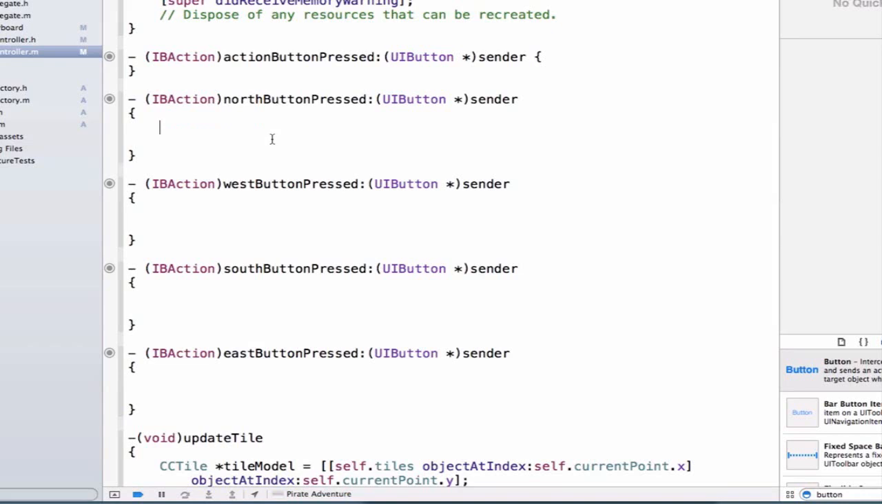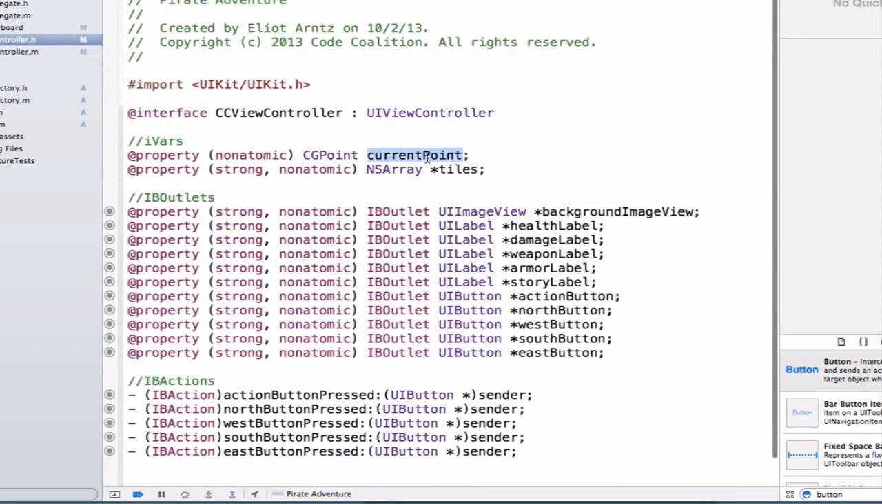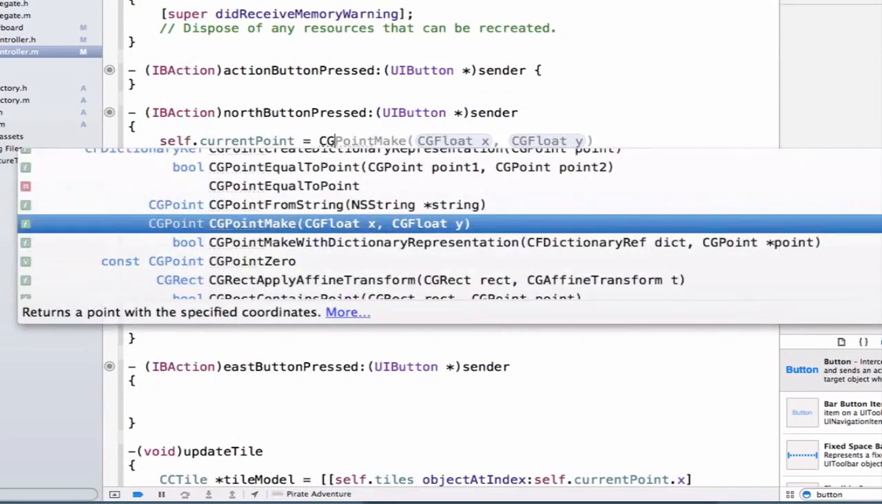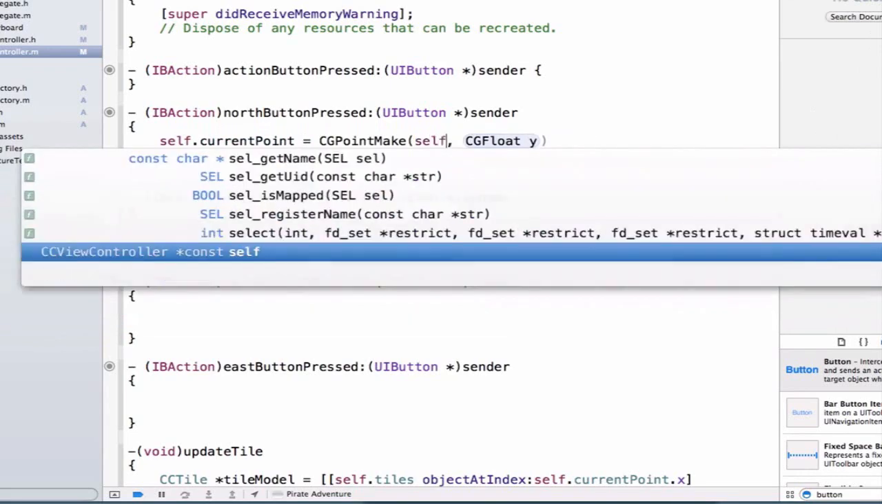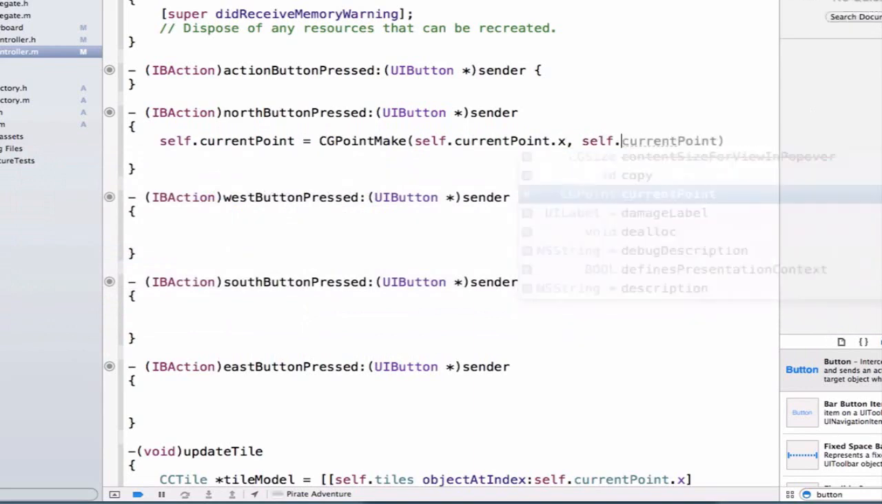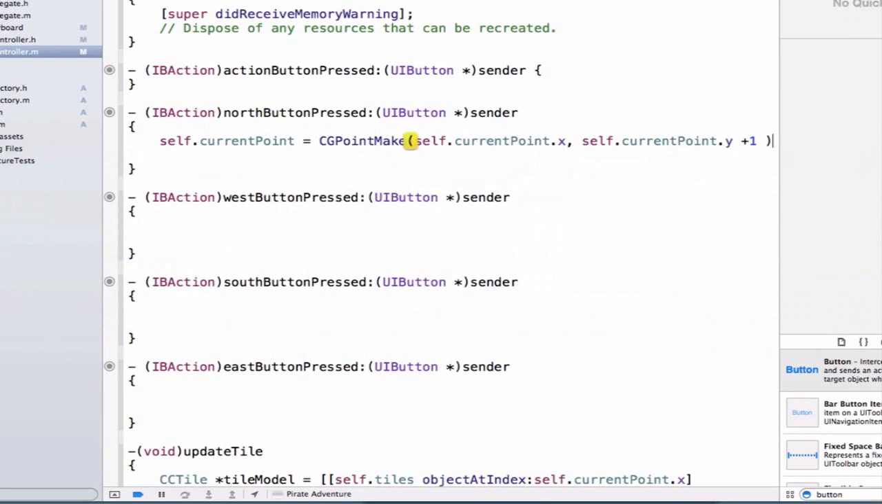So the first thing we're going to do is update our current point. Our current point is this property we added, so if we look at our header file really quickly, we're going to see that we have a current point. And if I press the north button, I want to change my current point so that my view controller class still knows where it currently is. So I can say self.currentPoint is equal to CGPointMake, and we can say self.currentPoint.x, and then we'll say self.currentPoint.y plus 1. We're going north, so we're going to add 1 to our y,